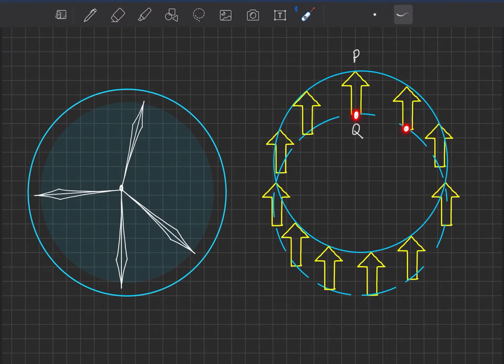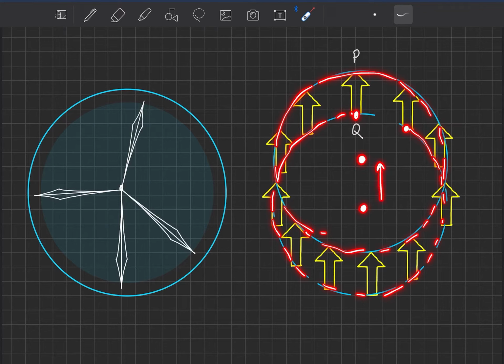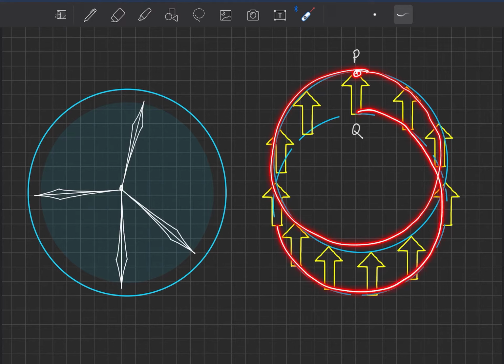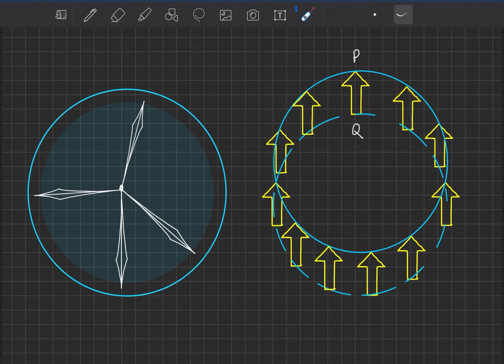This Q point is also moving in a circle, right? Both have the same circles, but they are not concentric circles. The size of the circle is the same, but they are not concentric; rather, the center of the first one and the center of the second one have some distance between them. Here each point has the same path. Both the points are covering the same path, right? But the orientation of the object is not changing.